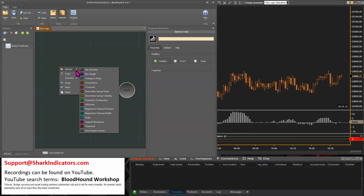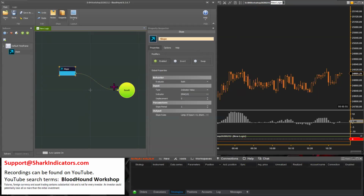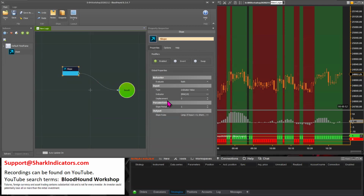All right, so with the slope solver, we could use the slope solver, and let's see. I was thinking the threshold, but no. Yeah, it would have to be the slope solver or the comparison solver. There we go, the comparison solver. Either one will do the job there. So with the slope solver,